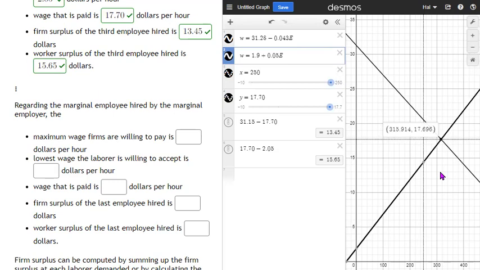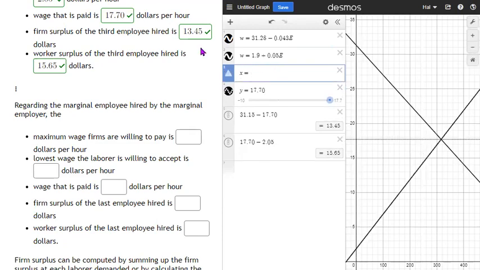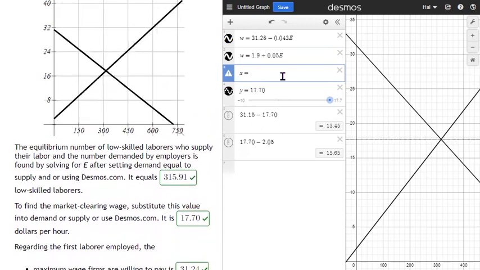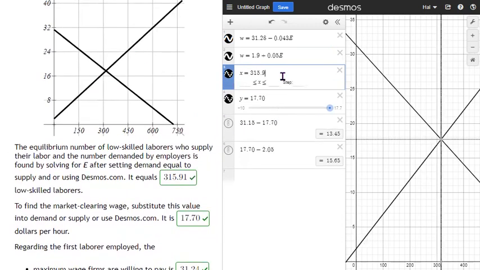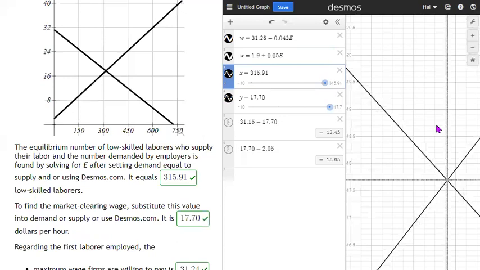So regarding the marginal employee hired by the marginal employer, notice at this level of output, which is what, 300, what was it again? At this 315.91 employees, notice if I zoom in,